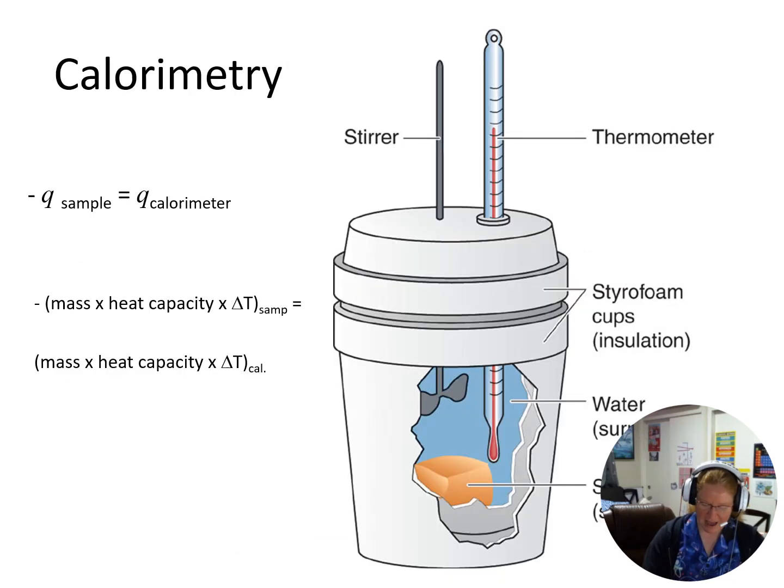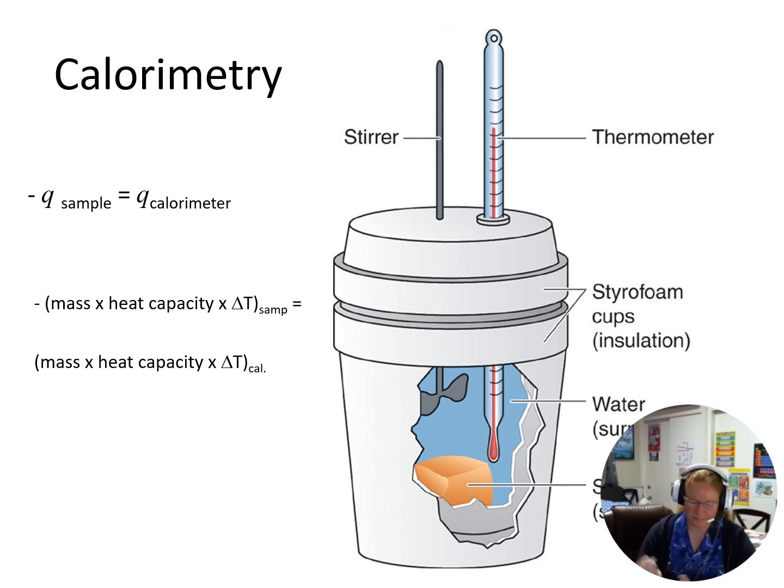When we have food, we do something called calorimetry. We can do this with metals too. So this is just a simple coffee cup calorimeter. And so like I put a sample in there and if it's hot and I have its initial temperature, and then I have my water and I have its initial temperature, then the water will heat up and the metal will cool down. And so I can get the final temperature and I can calculate the amount of energy that